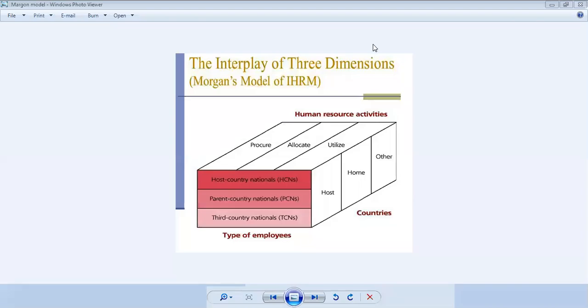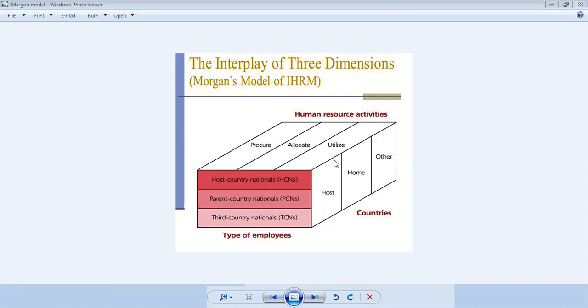Dear students, today we will discuss what is the Morgan model of IHRM. See, the Morgan model is based on a few HR activities, types of employees, and different country orientations. Like, you can see here in this diagram that